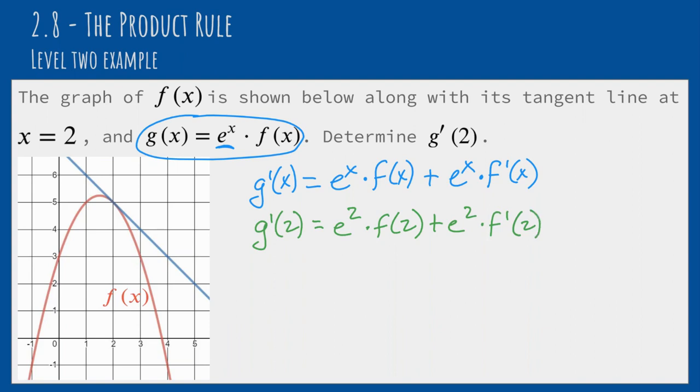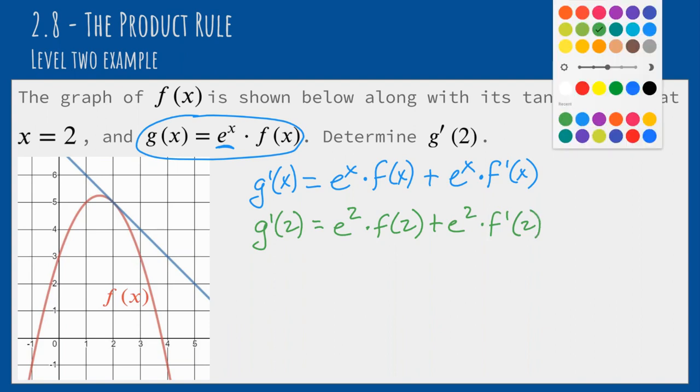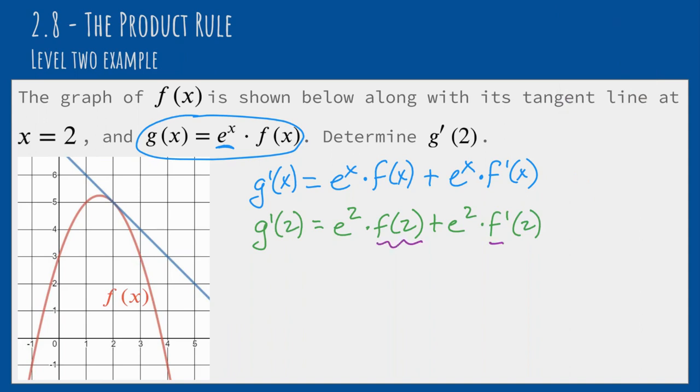And then we're going to replace our f of 2 and our f prime of 2 using the information from the graph. So f of 2 is just the value of the function at 2, which is going to be 5. So g prime of 2 is going to be e squared times 5, and then plus e squared,